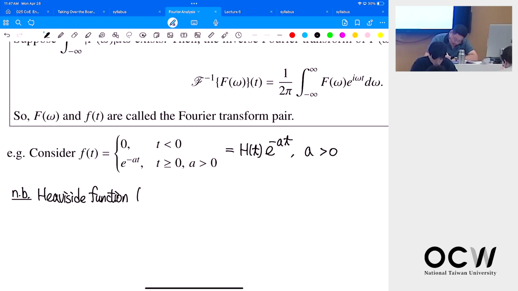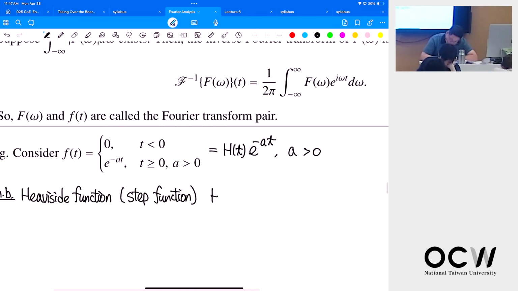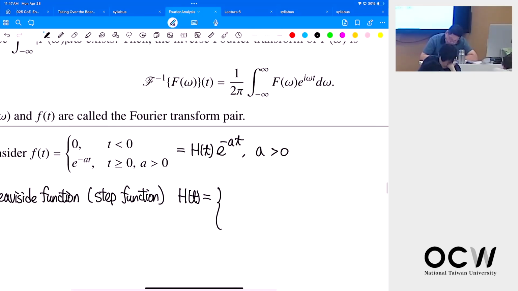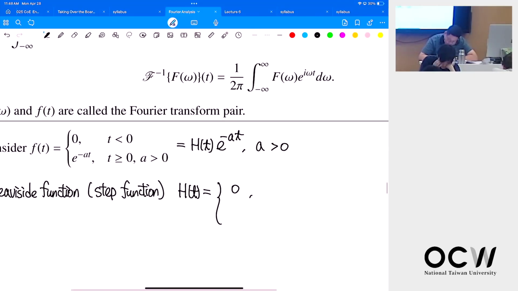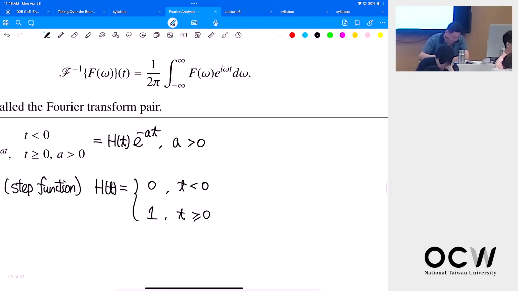Or sometimes you will say this is also called the step function. H of t is either 0 or 1. So when t is less than 0, that's 0, and when t is greater than 0, that's 1. So if we plot this function f,